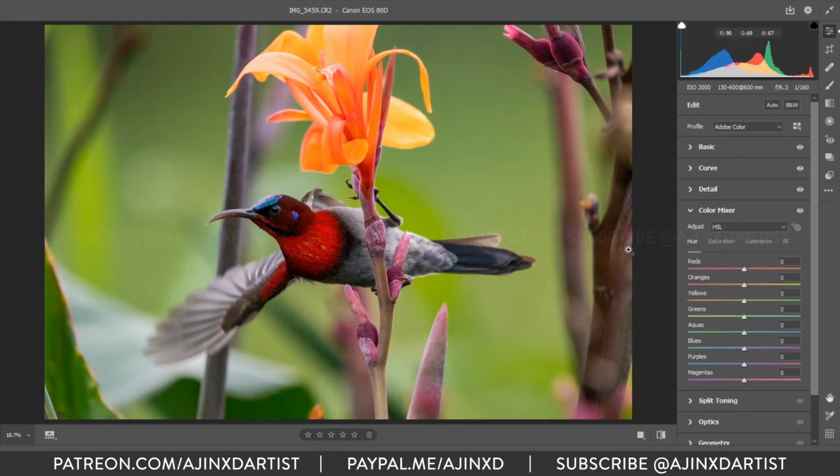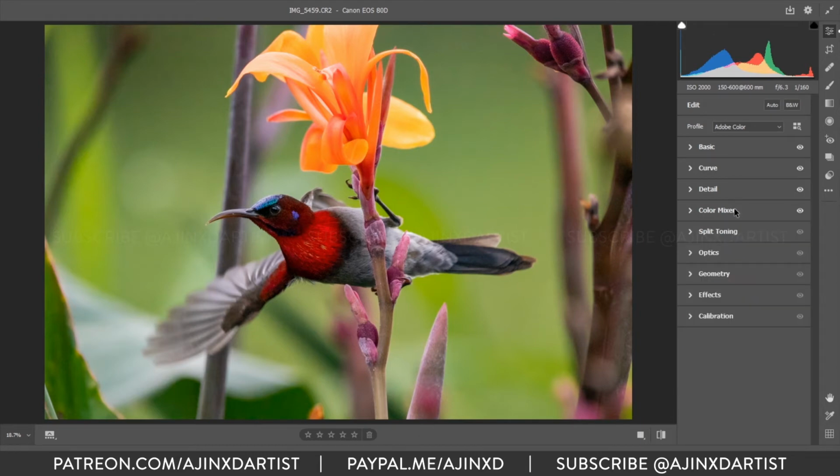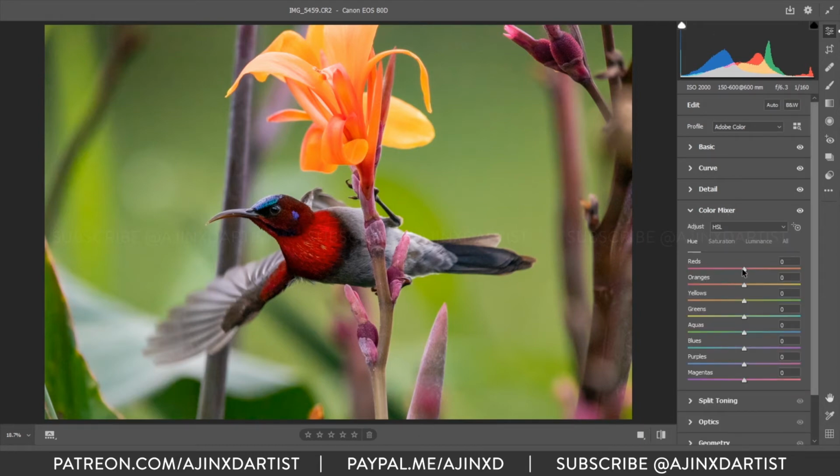There is also option for hue, where you can change the greens to blues and yellows. I'm talking more about the greens here because most of our image consists of the green color, so whichever color you want to adjust for the subject.